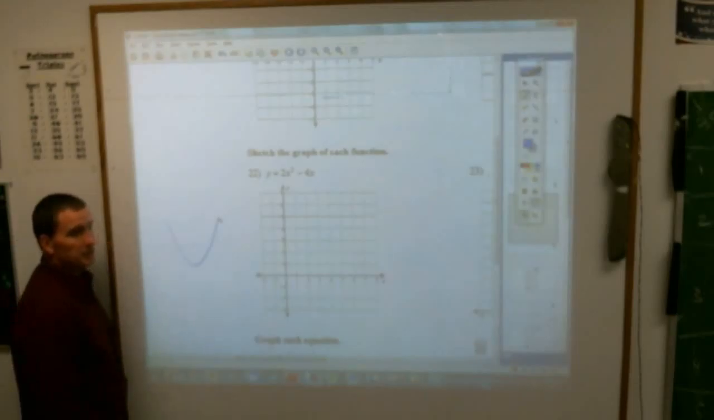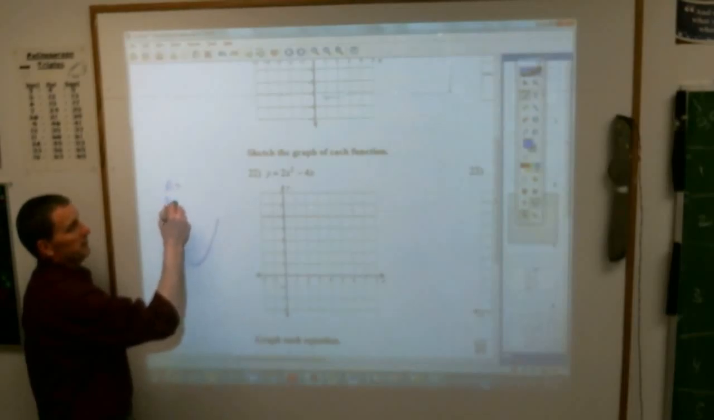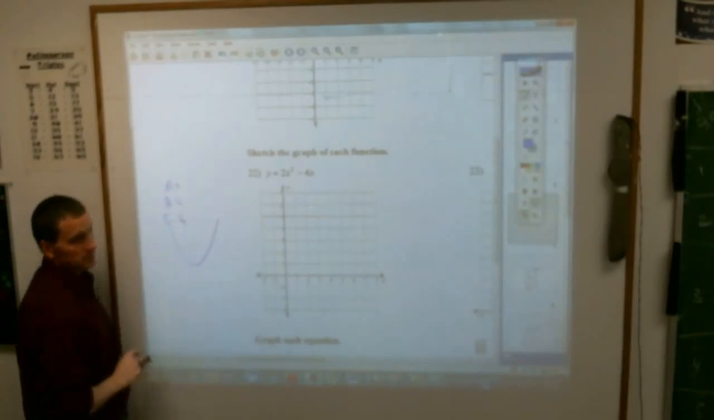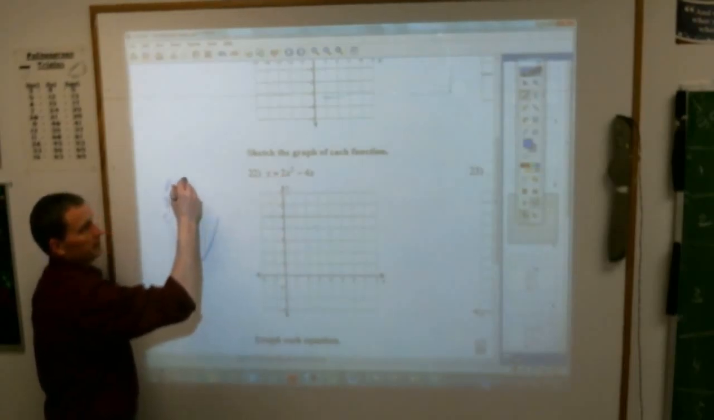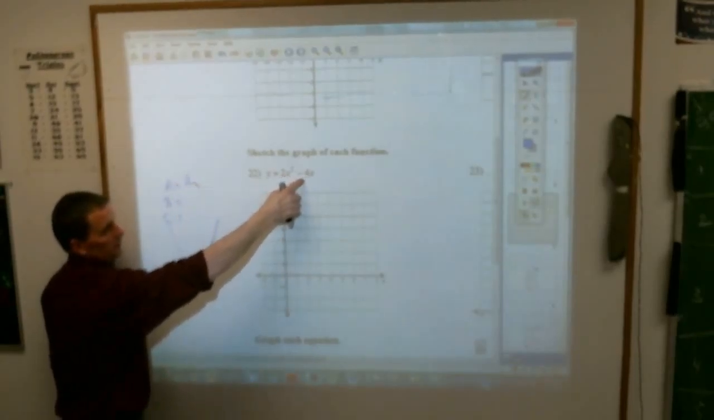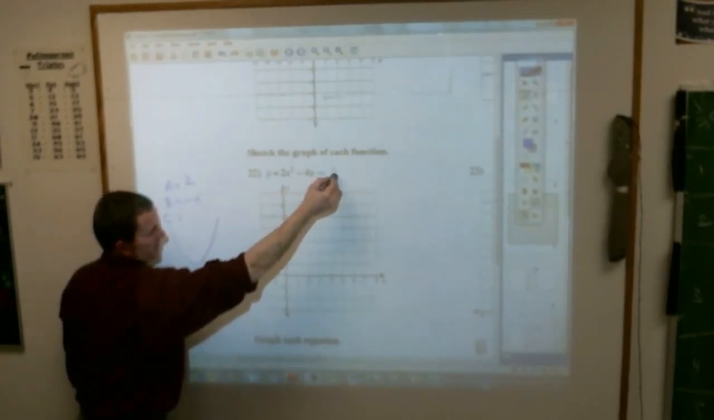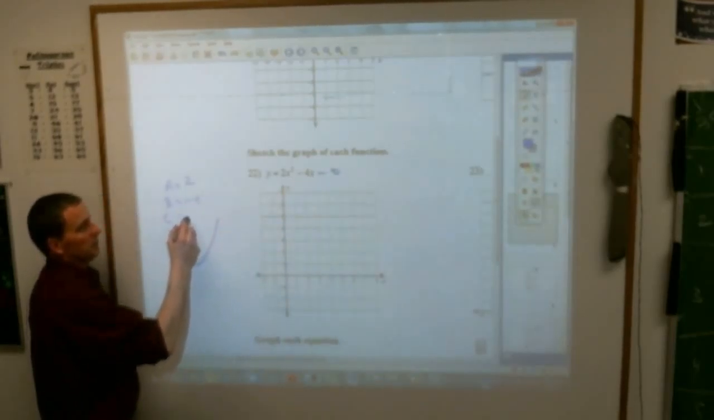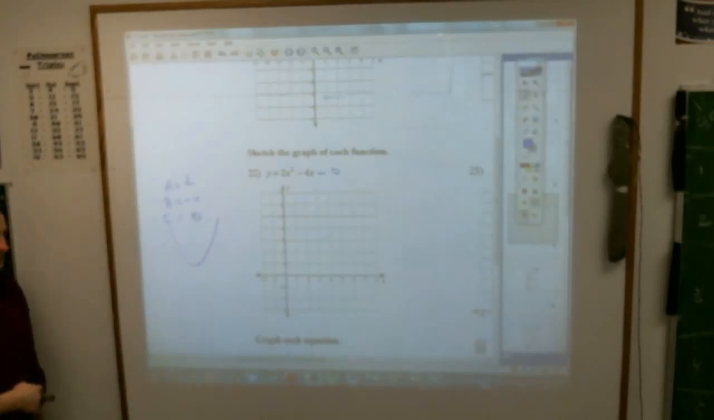Okay, the next thing I would do would be to do this. Establish what A is, what B is, and what C is. A is the number in front of the x squared, B is the number in front of the x, and C is the number that's out here on its own, which happens to be plus 0, or just 0. Are you with me on that? And this is what I write in my notes. In your notes,